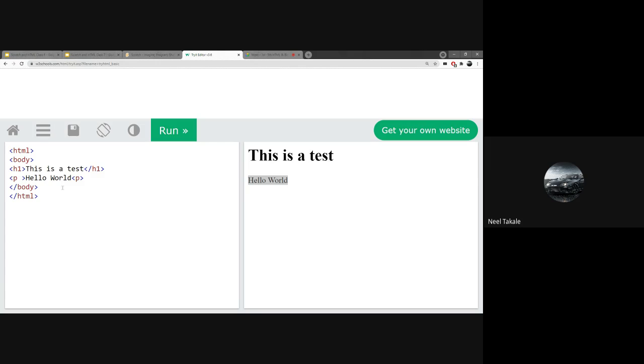So by putting this style element, we're changing an element or multiple elements of this paragraph tag. But since it's within just this tag,